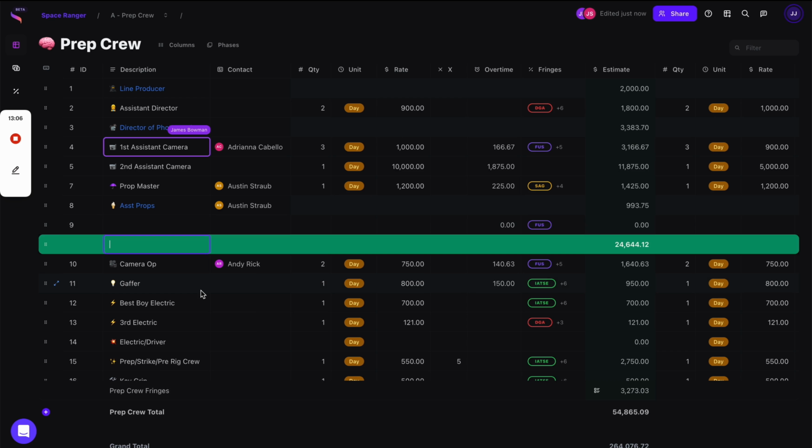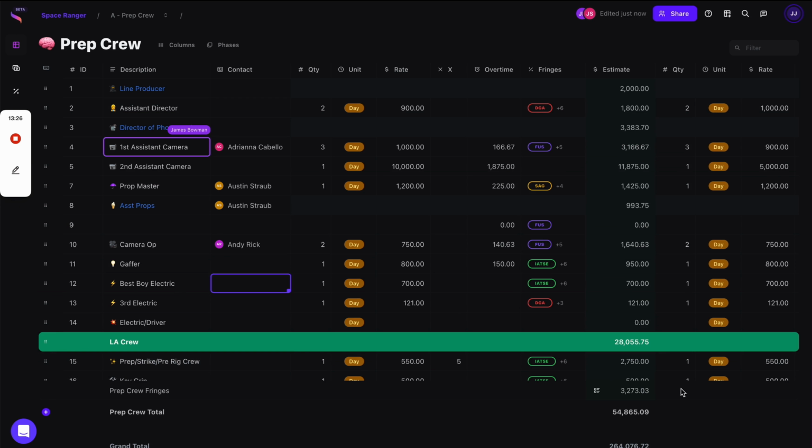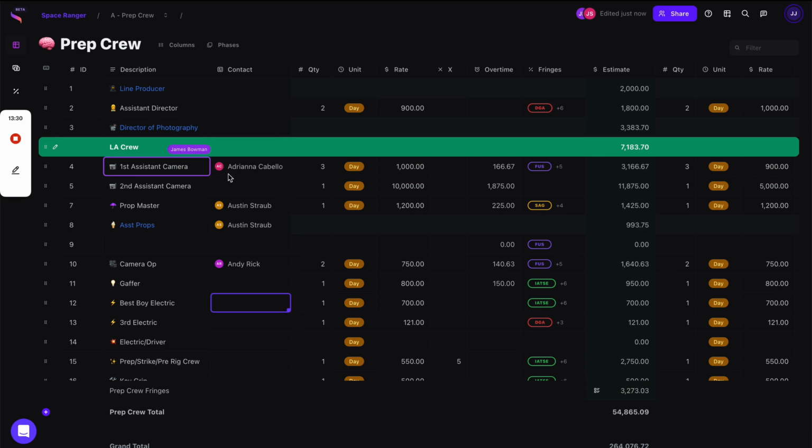So if you know that, let's say this is my LA crew or something like that, I can create multiple subtotals that you can see, and it doesn't affect your grand total either. And things are pretty easy to move around inside of Saturation, and you can see it start to recalculate fairly quickly. I can give it a different color